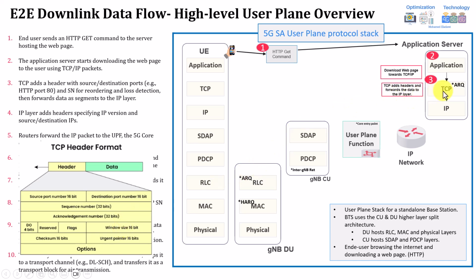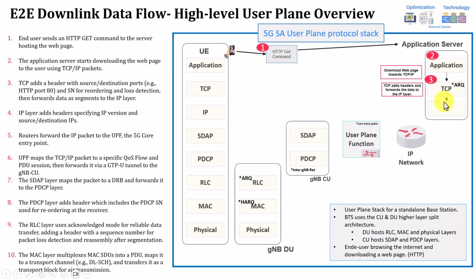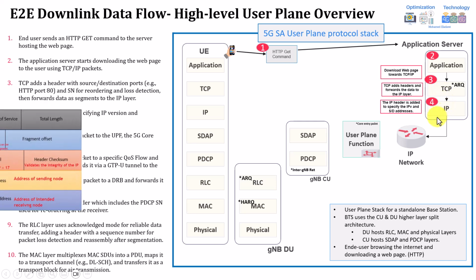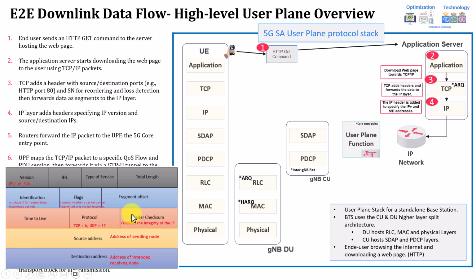But in summary, TCP will be adding a header to the data, which will help TCP itself to do this kind of reliable data transfer. Because as you know, TCP is also supporting retransmission, ARQ, which is used for the retransmission. So once the data is sent, it will be forwarded to the IP layer. Then the IP layer again will add its own header to the data as well, which is coming from TCP. And this header will identify whether this is IP version 6 or IP version 4, and whether there is any fragmentation or not.